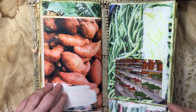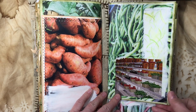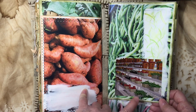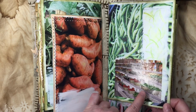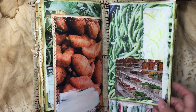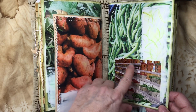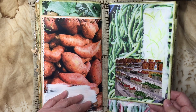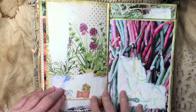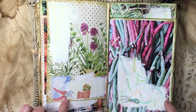And there's more. This was the page of the sweet potatoes on the front there. Dad had his own little fruit stand my whole life, so I found a picture of a fruit stand. This was not, of course, his, and he didn't have jellies and jams, but the baskets and everything reminded me so of what it was. And there's green beans there, and I just added in a few little extras here. We got some peas,